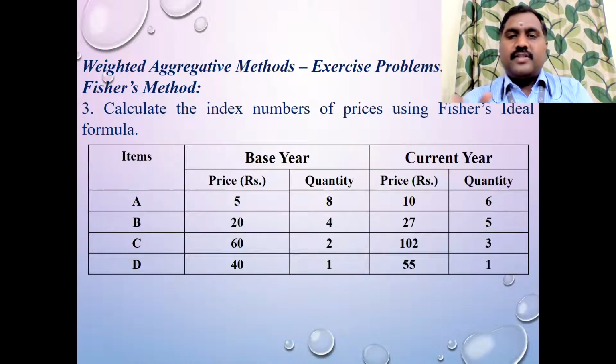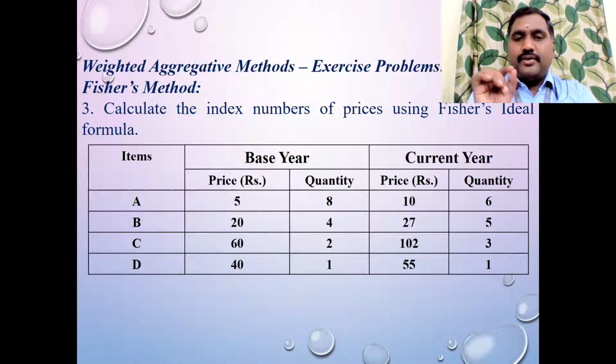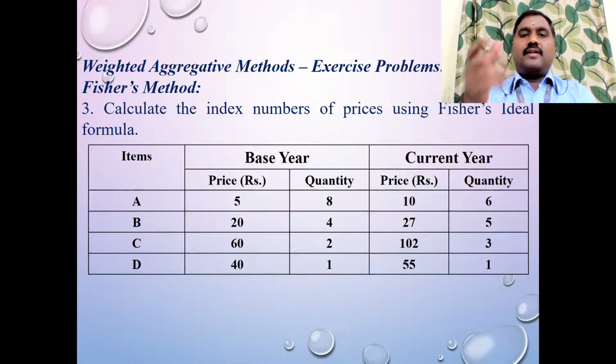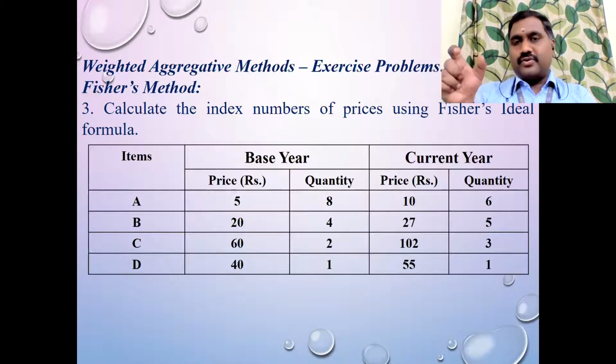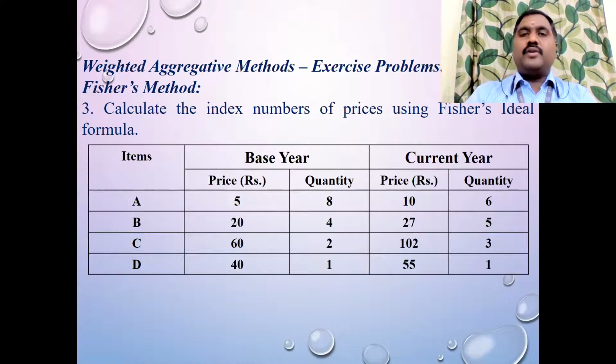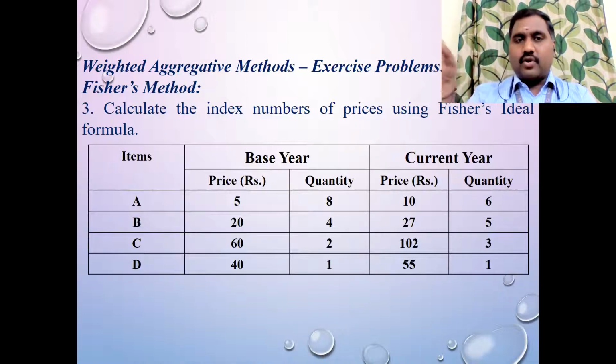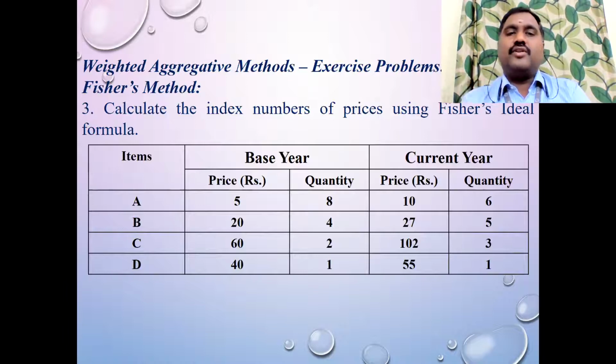Now, okay, this is also very simple. You can also try. See, the price for the base year, that is P0, is given, Q0 is given, P1 is given, Q1 is given. So after writing this table, create one more table, item P0, Q0, P1, Q1, and then open four more columns, because in the Fisher formula we need P1Q0, P0Q0, and then P1Q1, P0Q1. That combination you have to make in the four columns. According to that, multiply the values, find the summation, substitute in the formula, multiply by 100, and you will get the value. This is also very simple.